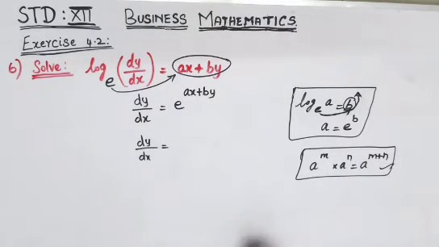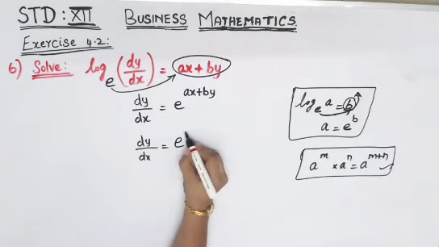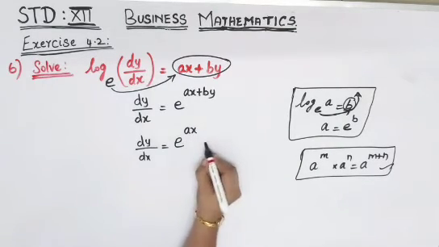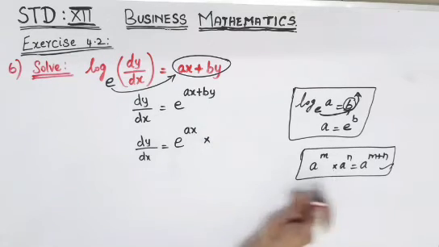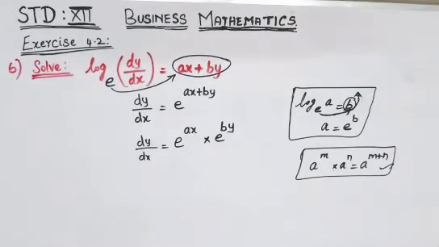So what we can do is, in the place of a what we have got e. So e power ax into this into again e power by. So we can split like this. Okay. So now why I am doing this, I will have to take my x term separately and y term separately. So because of that only we are just splitting up. So once you finish up your splitting, dy will keep it here itself.